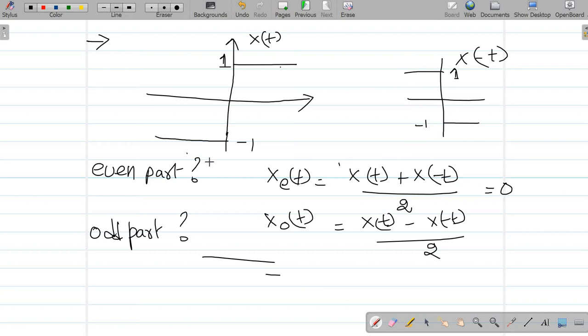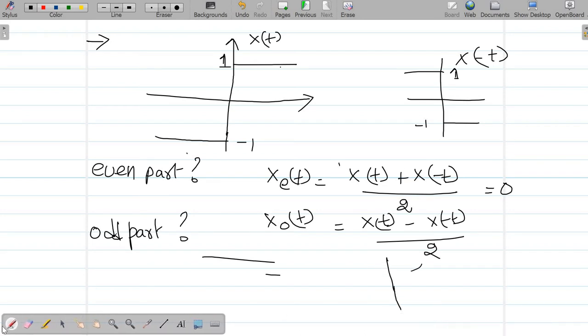So this minus this, first this minus this, so negative 1 minus negative 2... which is nothing but negative 2,